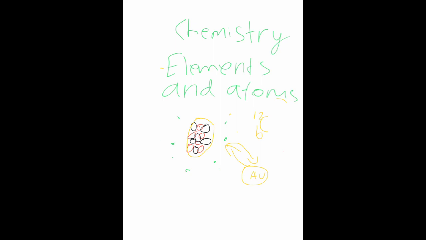And also, after an electron has been taken away from this carbon atom, this is now a cation. And a cation, you guessed it, is an atom with fewer electrons than protons. And similarly, an anion is an atom with more electrons than protons. So let me just write that down. Cation